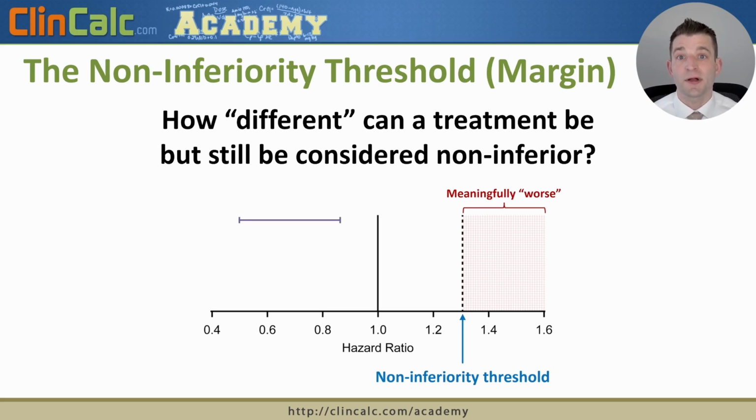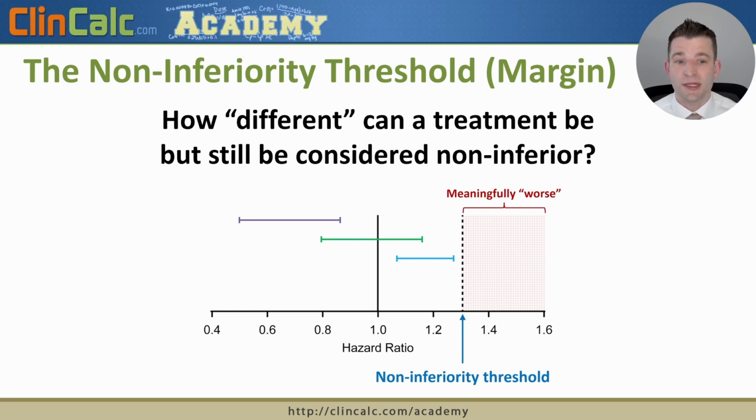For example, if our confidence interval is far to the left, we're happy with that. That would mean that we've proven that it is not meaningfully worse. Even if we cross 1.0, for non-inferiority trials, that doesn't matter. We're only concerned with the non-inferiority margin. Even if we're very close to the right of 1.0, but we haven't exceeded the non-inferiority margin, we would still